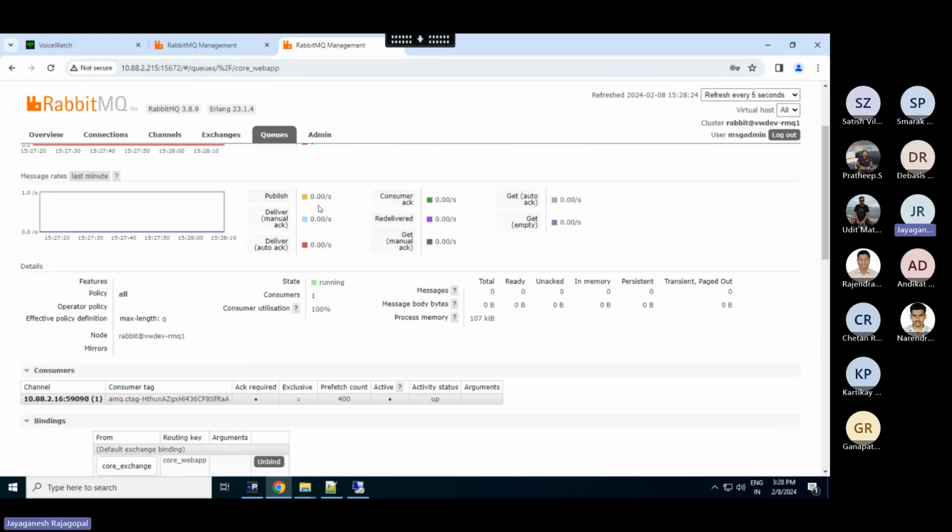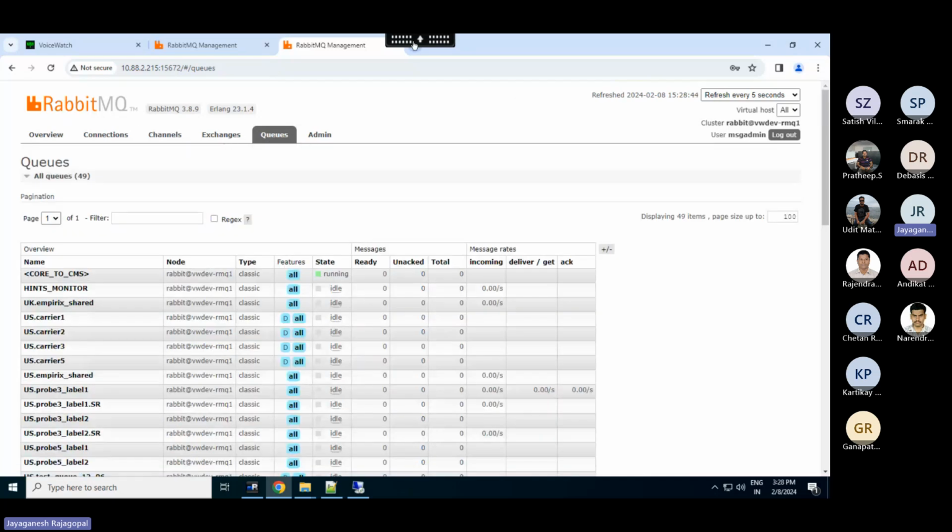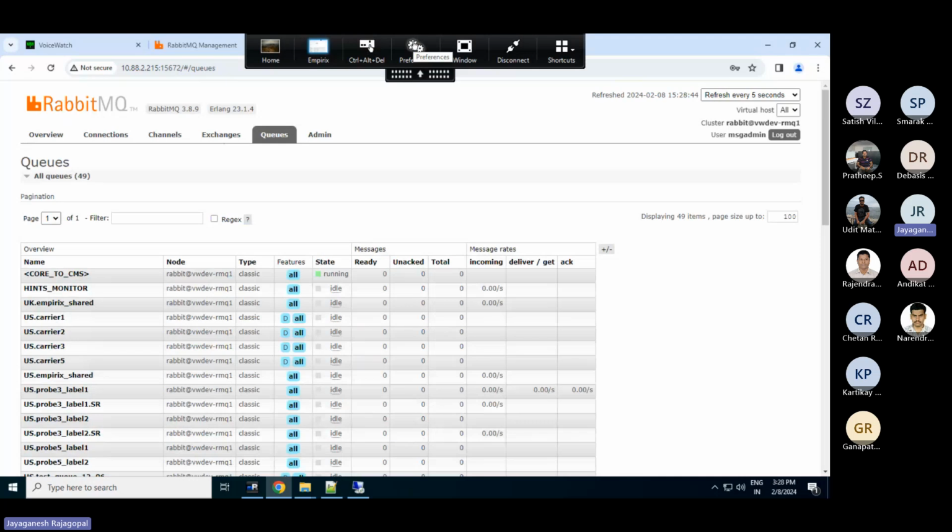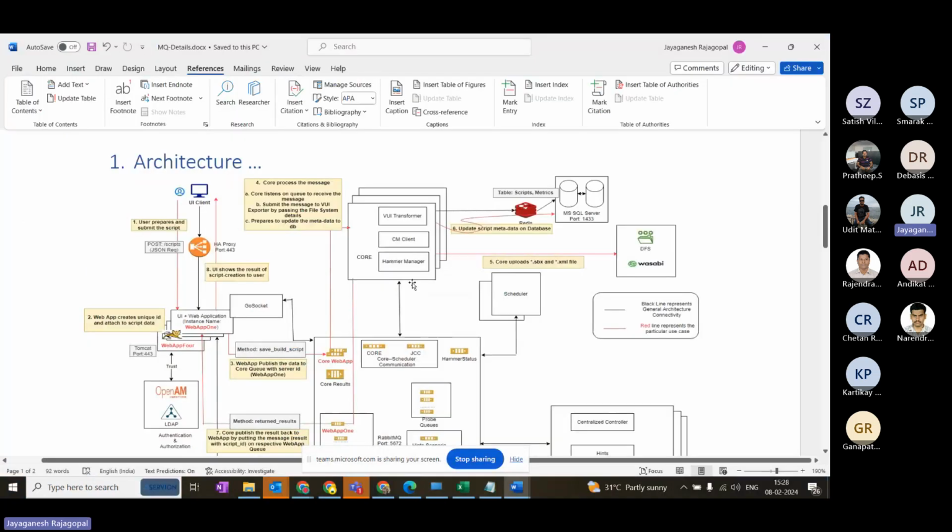We need to document all the necessary queue details in our documentation, so that all basic problems we can isolate and fix. That is one thing I want to highlight. I think all of you got my point, right? The troubleshooting mechanism